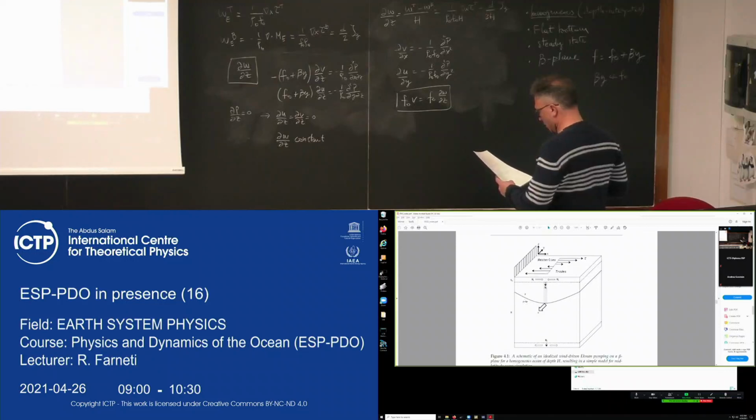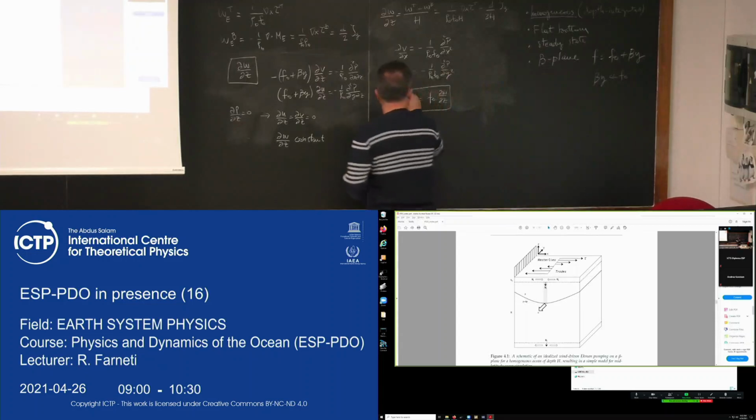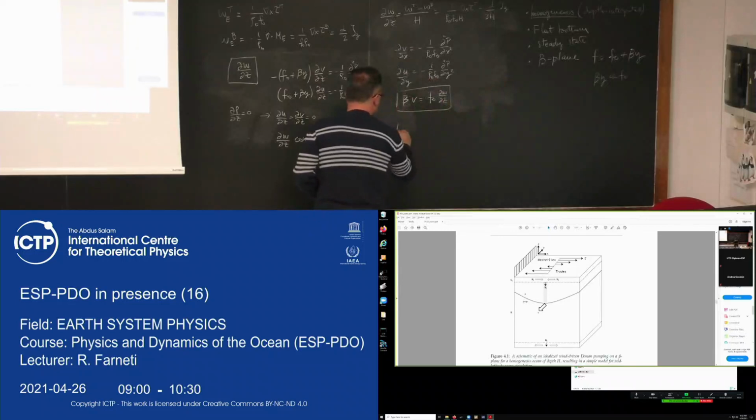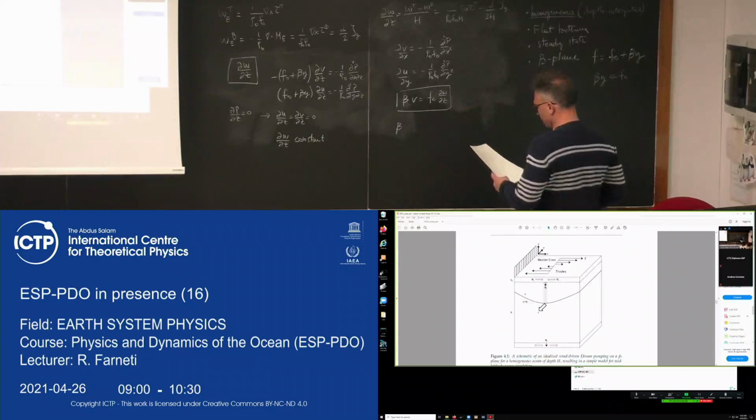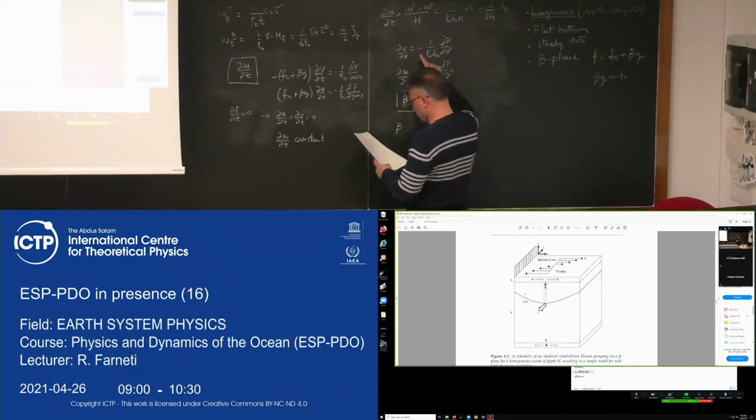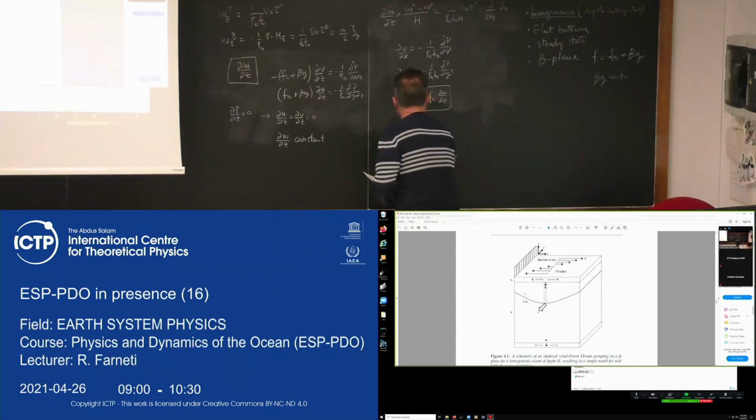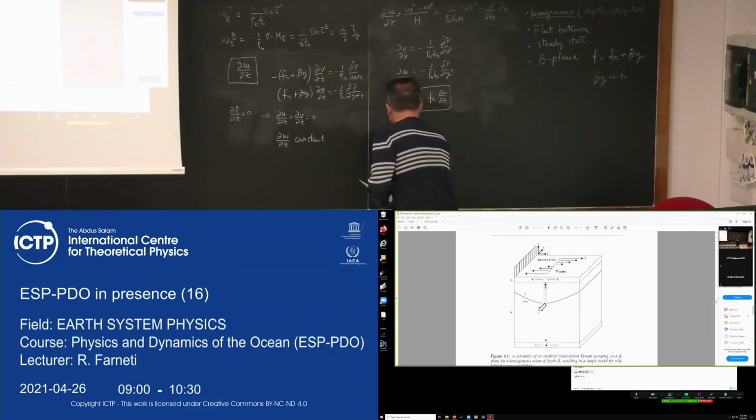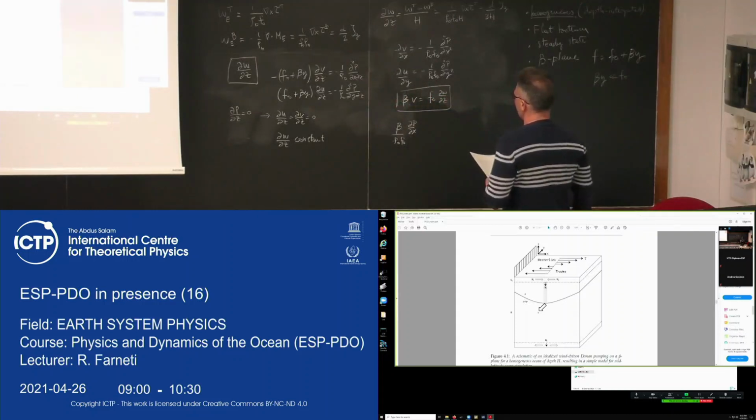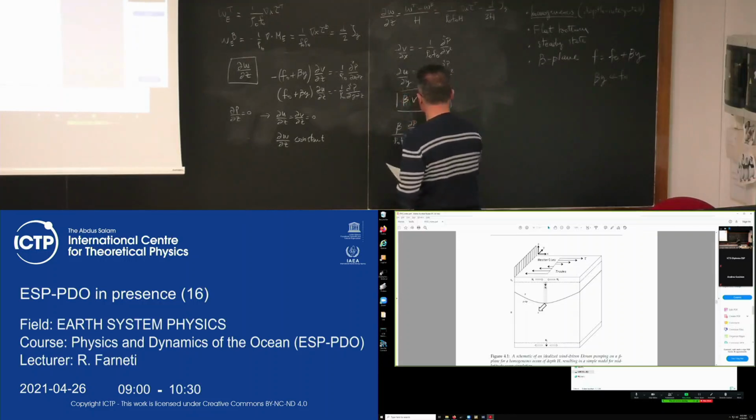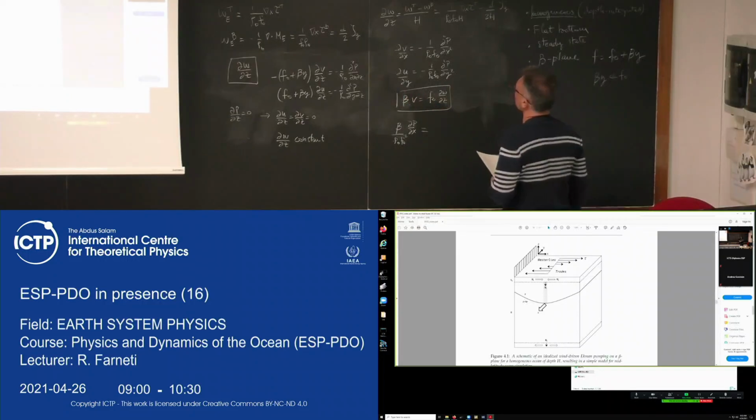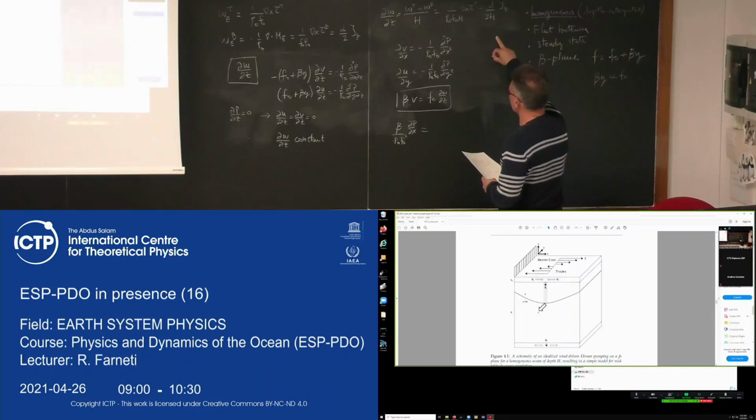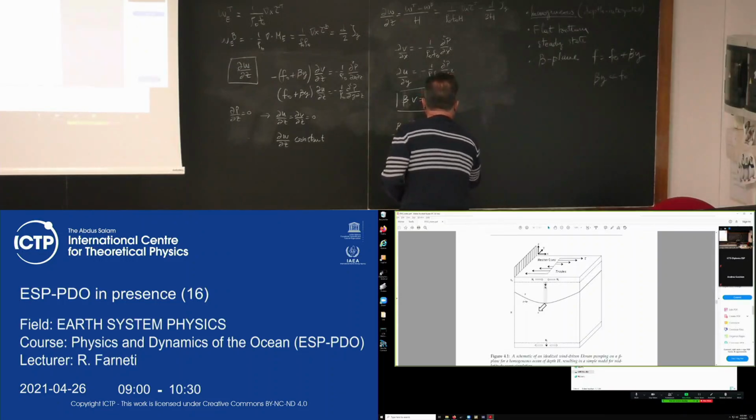It can be cast as, what did I do that? Okay, so now it can be written as beta b, and b is dp by dx over rho naught f naught. Now take this to the other side, so this is squared, and then I have the vertical derivative of the vertical velocity, which is that, 1 over rho naught f naught h